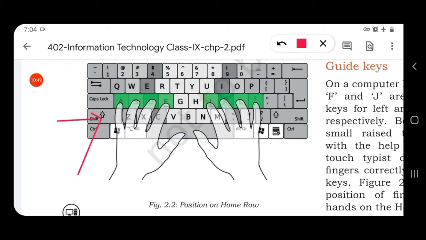When we press the shift key and a particular key which contains the symbol, if we press shift and this key, then the angle bracket will be printed. So the shift key can be used to print a character which is on the top of the key.